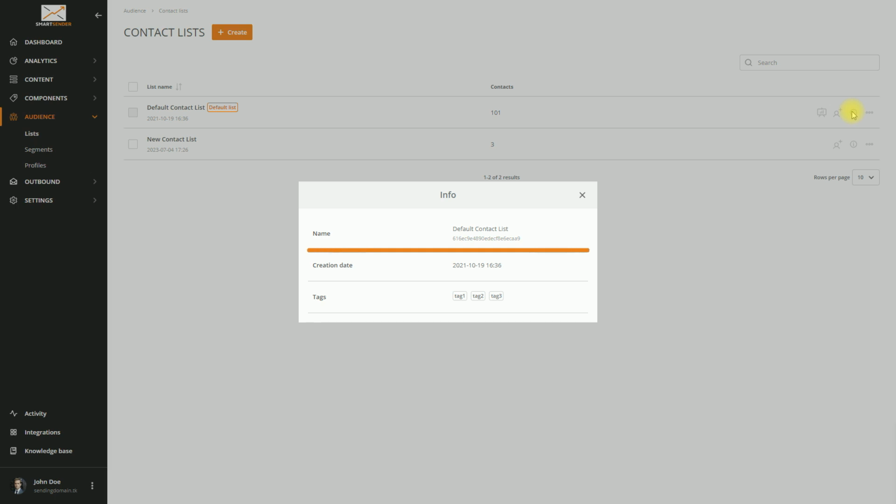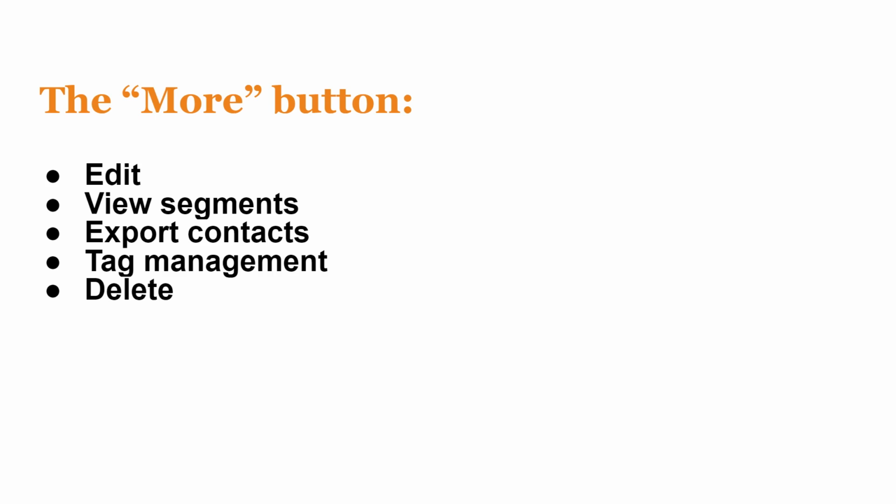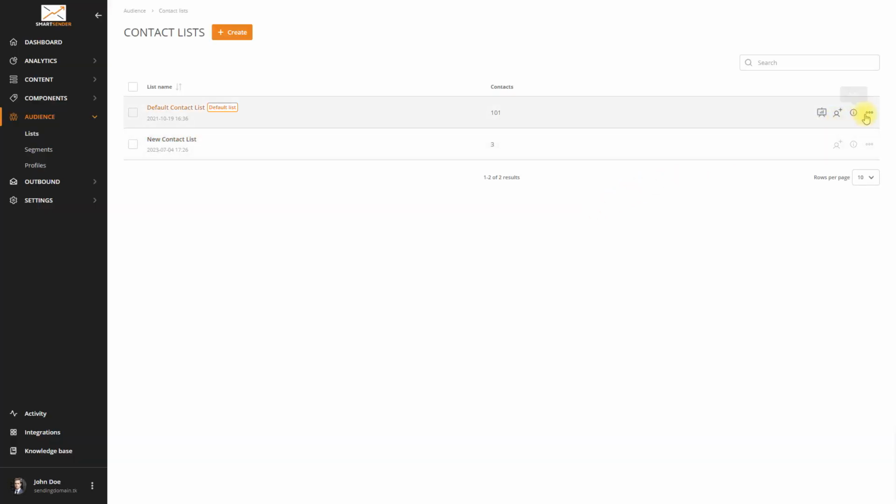The name of the contact list along with its ID. The contact list creation date. List of tags that are included in the contact list. Press the More button. Here you can edit contact list settings,